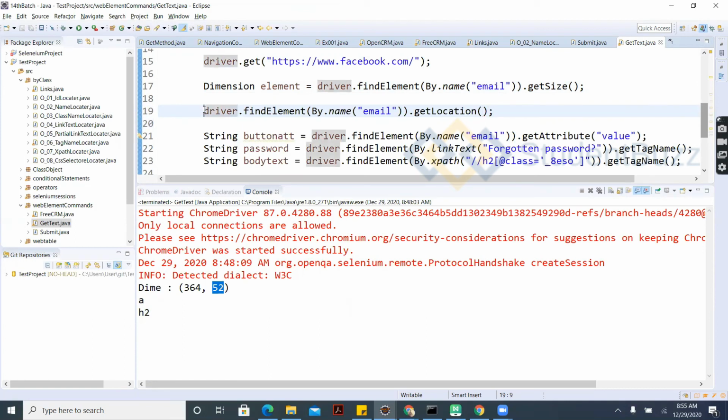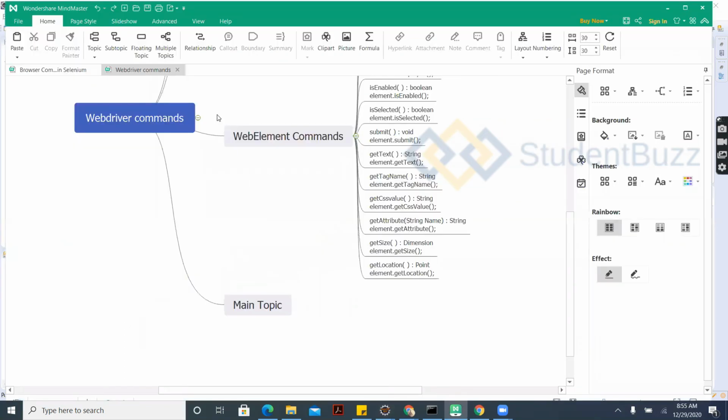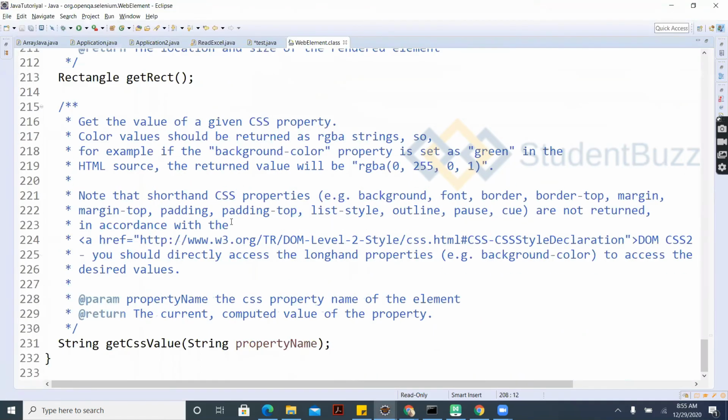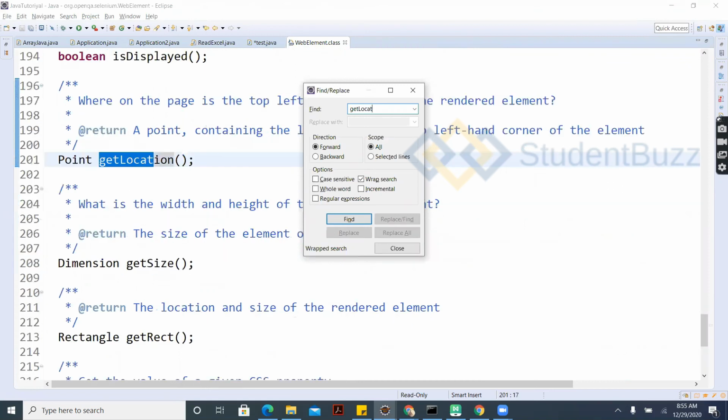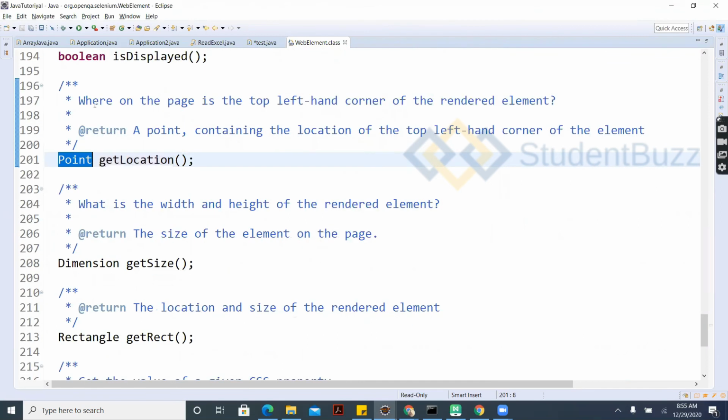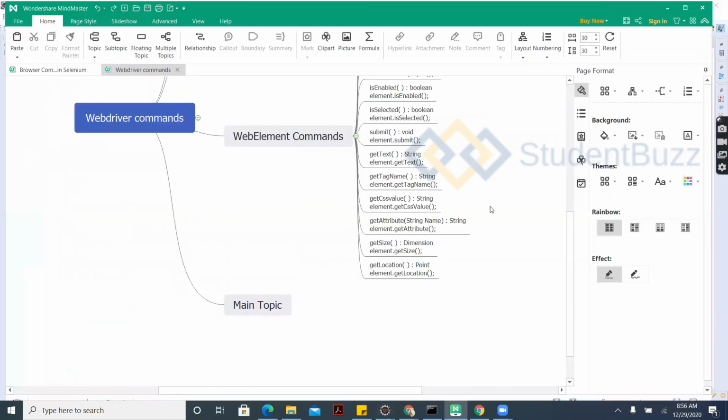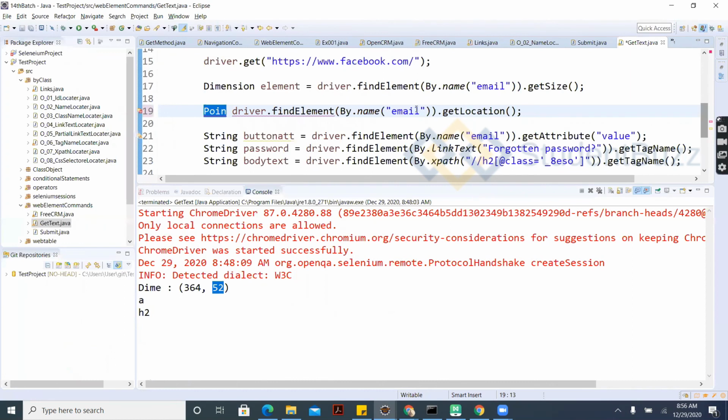Let's see here in the documentation what is there. Point is the return type. It tells where on the page the top left-hand corner of the rendered element is. It is going to give you the location.